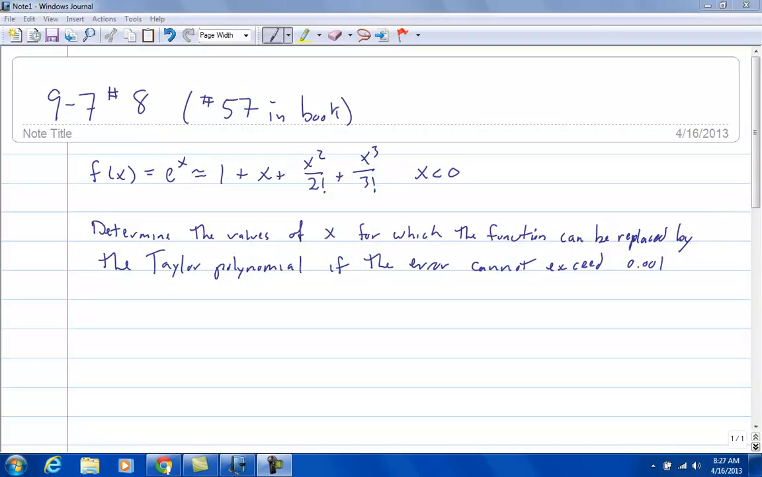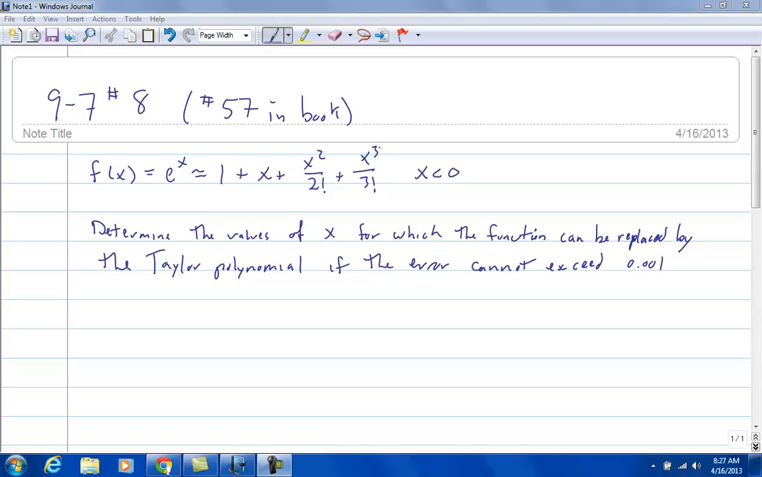Okay, here's a problem that someone asked me to do. It's from 9-7, number 8 in the online work, which corresponds to 57 in the book work. It says we have this function f of x equals e to the x, and it's approximated by this Taylor expansion of 1 plus x plus x squared over 2 factorial plus x cubed over 3 factorial. Now, we know the Taylor series would go on infinitely, but if we're going to stop there, the question is to